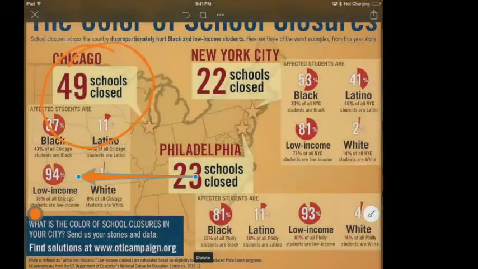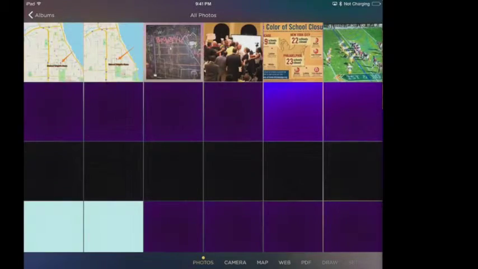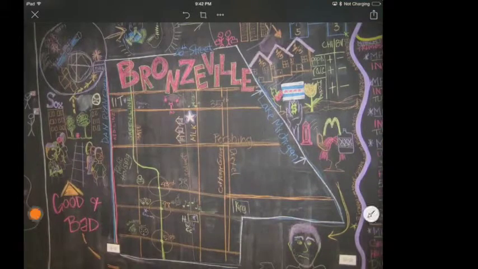Another example you could use in class is student work. Let's say a student takes a photograph of artwork they're doing or a project that they've done for your class, and you want to give them some feedback. Here's an example of a student-created map of Bronzeville, which is a neighborhood on the south side of Chicago. You could add in some comments. Okay, so I'm going to create an arrow, let's say right here,